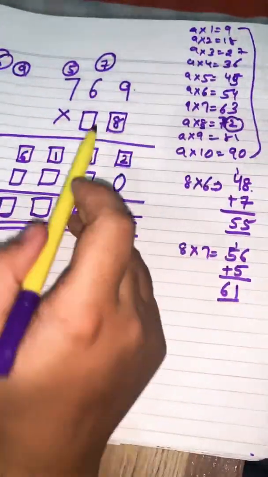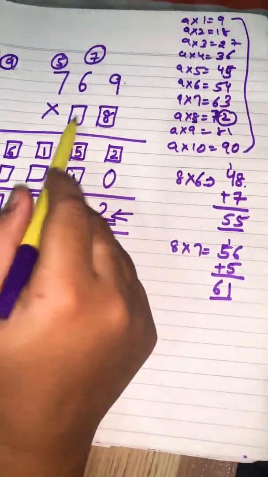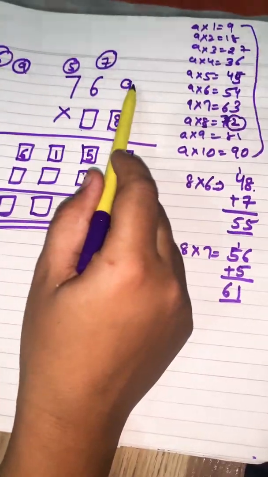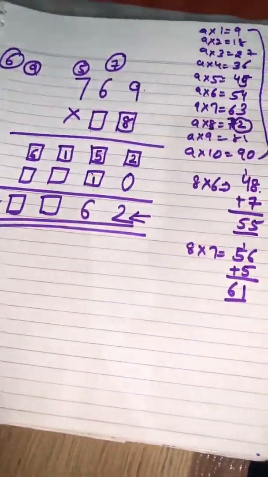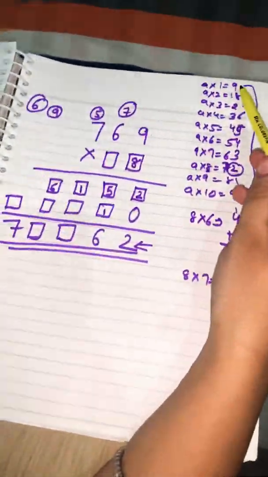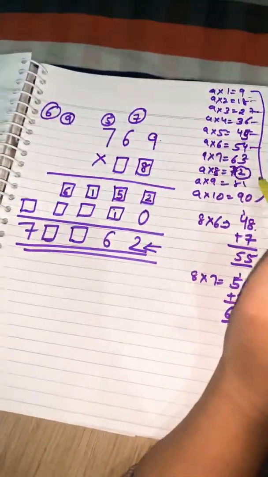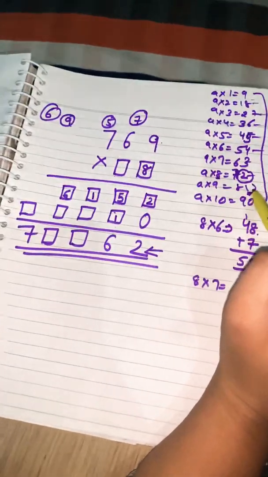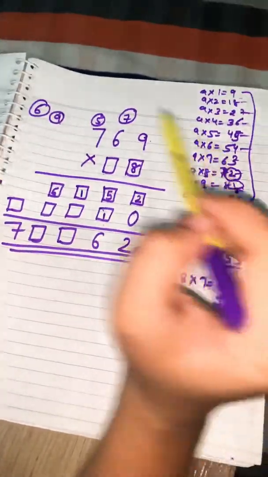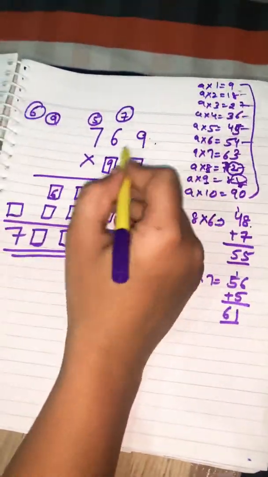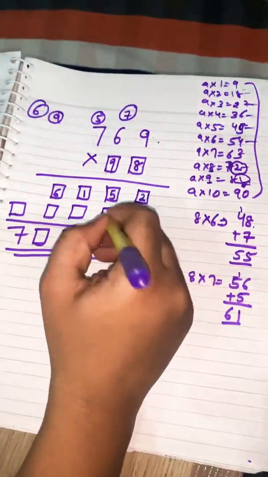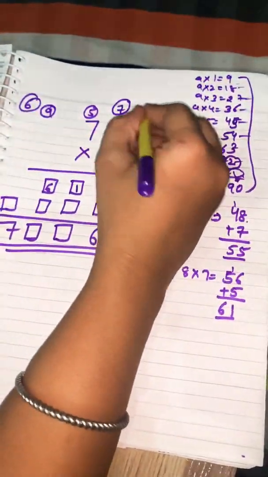Now we have to find out from which multiplier we should multiply this 9 to get 1 here. We know the table. You can see that there is no 1 except here, where we got the 1. So we write this 9 here. 9 into 9 is equal to 81. So we have 1 here and 8 is the carry.